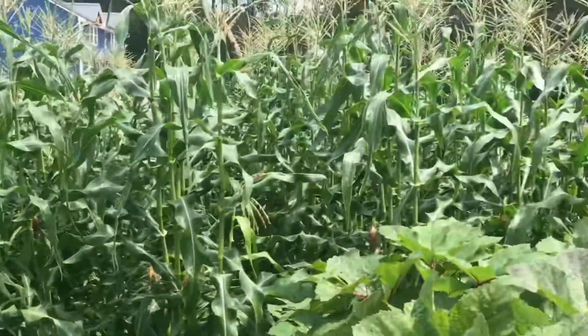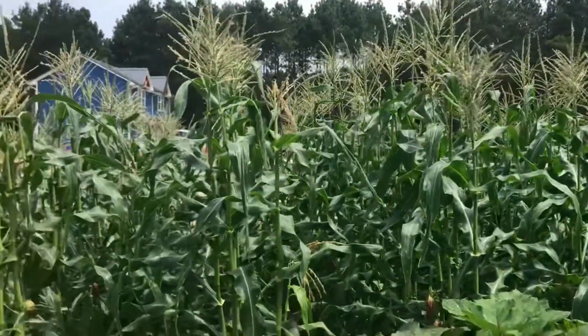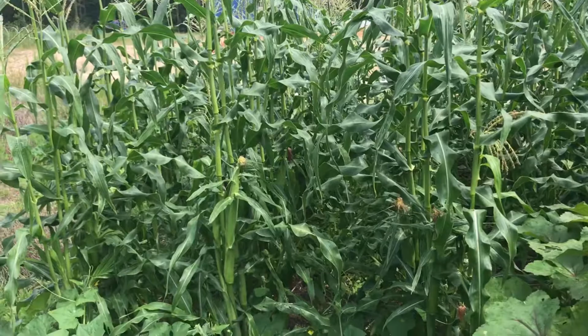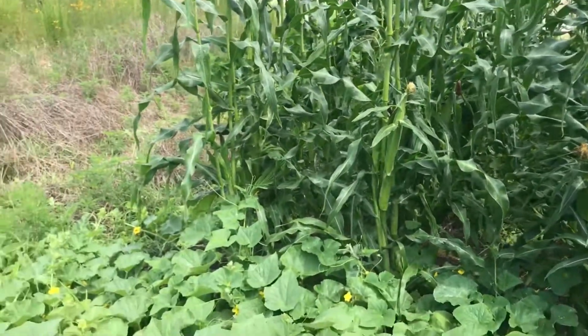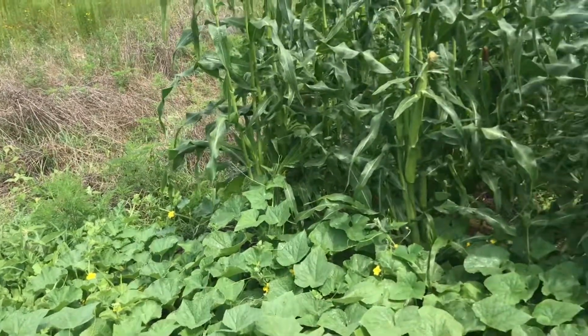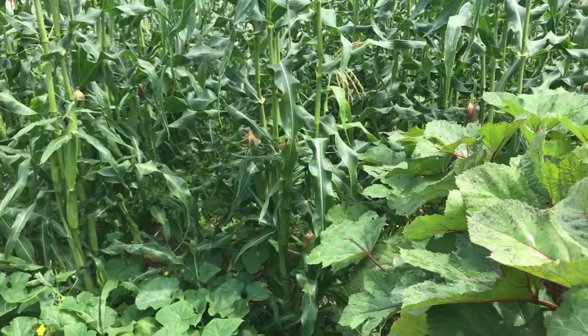Well, I haven't really made an update video, I don't think, in a while, but holy moly, the garden is crushing it. This is amazing. I cannot believe how well it's doing. I don't remember our garden at home as a kid ever being this good. I'll give you guys a little tour here in a second, but what I wanted to show you right now